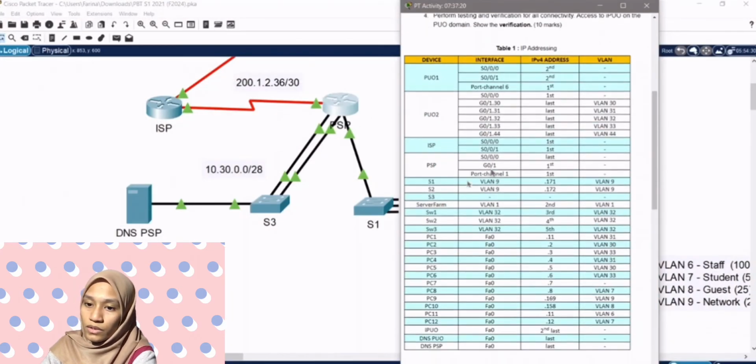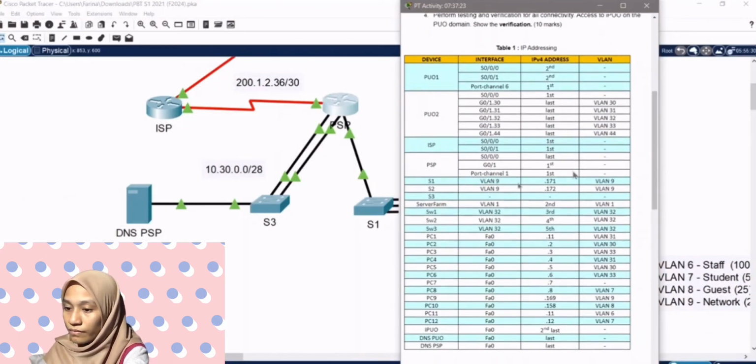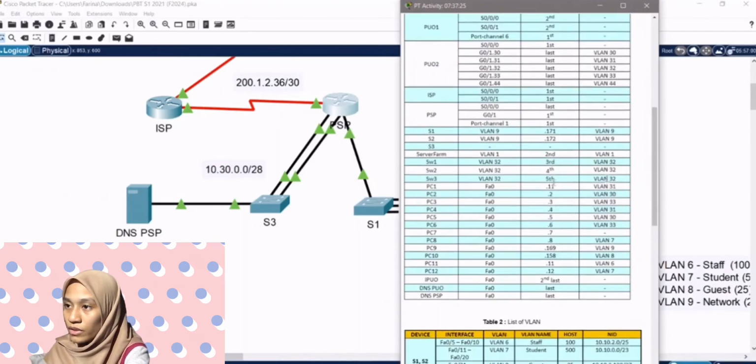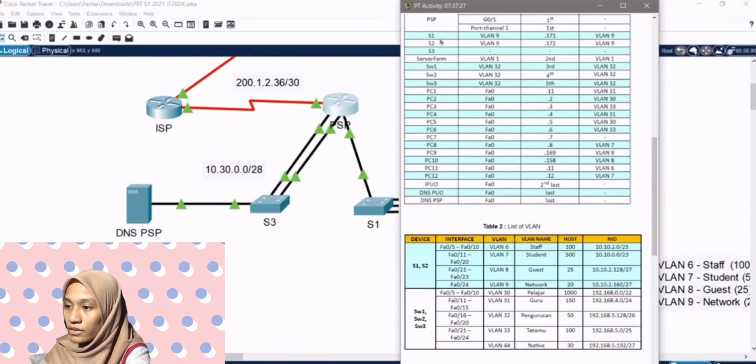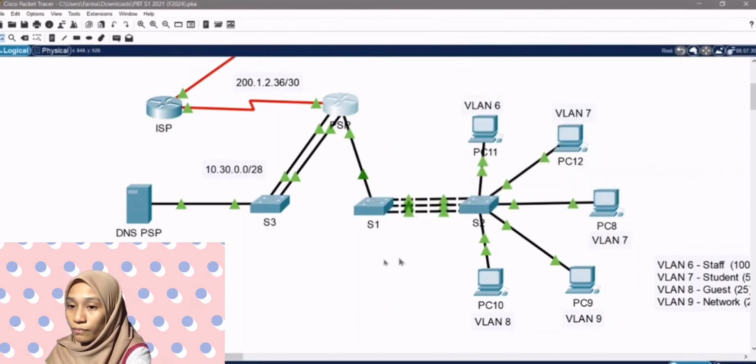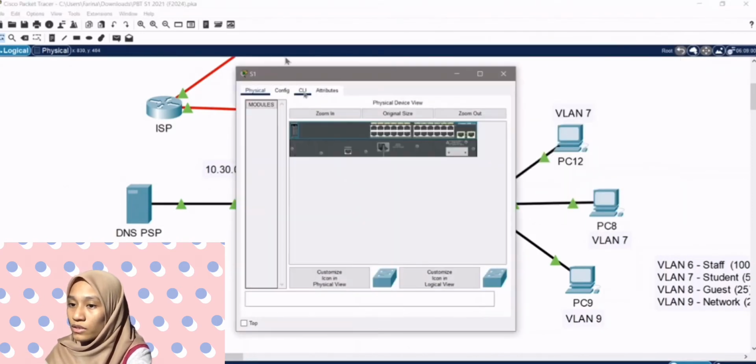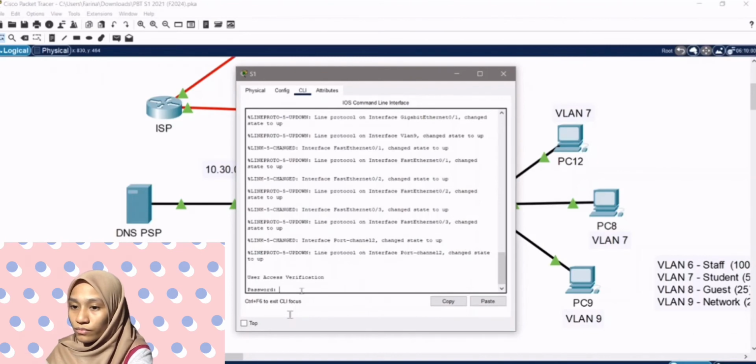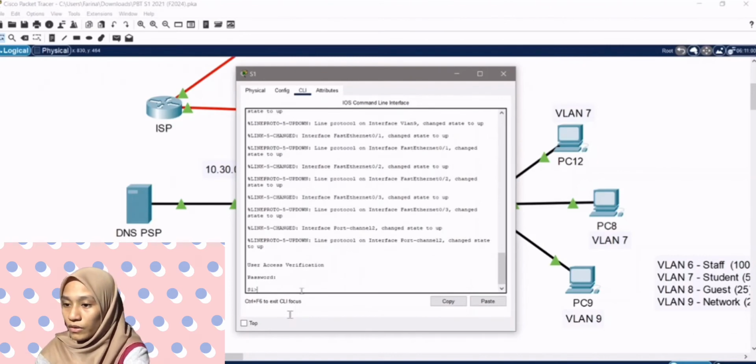From this, as you can see, switch 1 is VLAN 9 and the IPv4 address is 178. So the IP address for S1 is 10.10.2.171, and for S2 the IP address will be 10.10.2.172. So what I need to do is click on S1 or S2 and then key in the password,